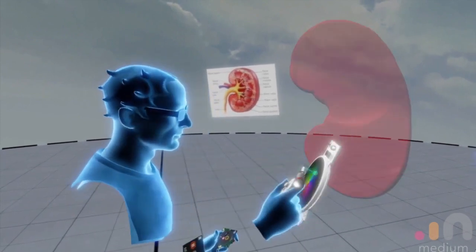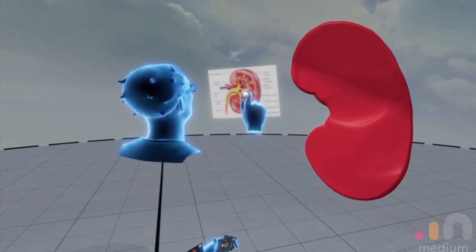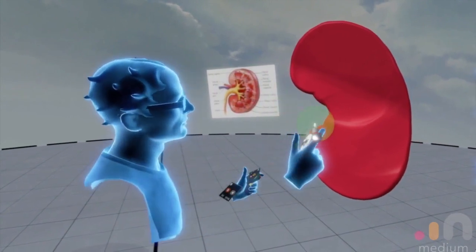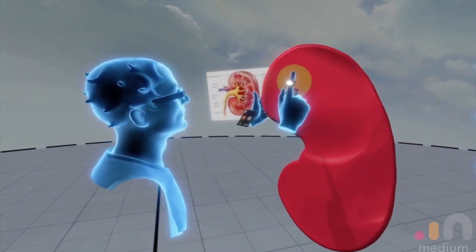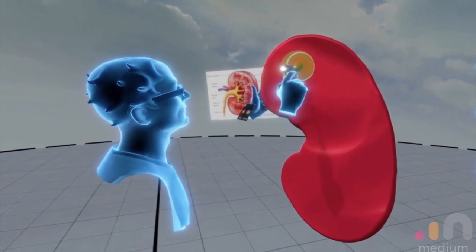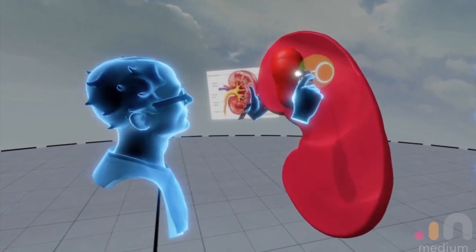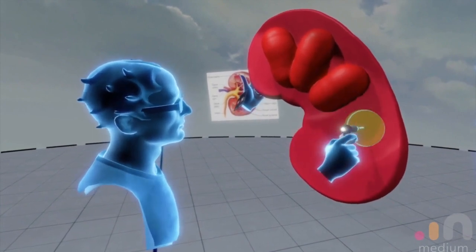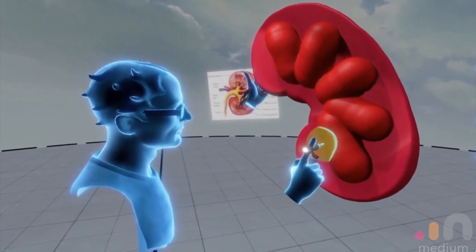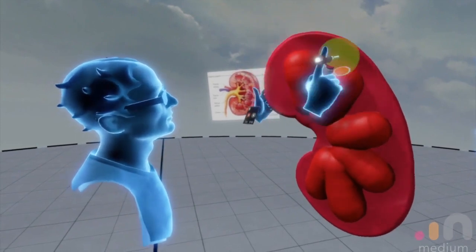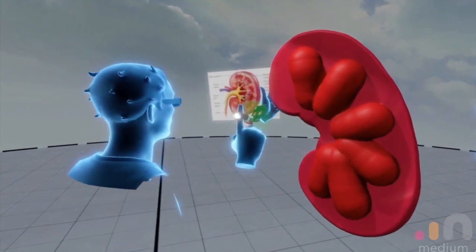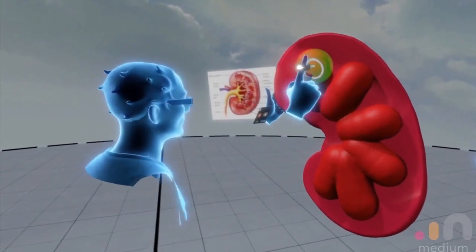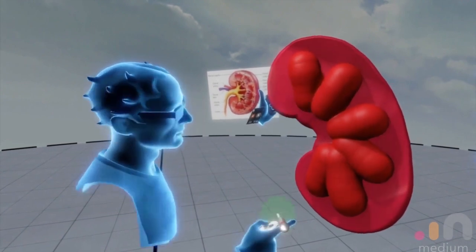Okay, we're going to get the clay, we're going to get a dropper, I'm going to choose a slightly different color, and I'm going to shrink the size of the drawing tool, and we're going to start by just drawing some, oh, that's a bit big, isn't it? These, well, we'll just go with this. These are some collecting tubules. Yeah, these, just here. So the renal cortex, renal medulla, and these are the renal pyramids just here,